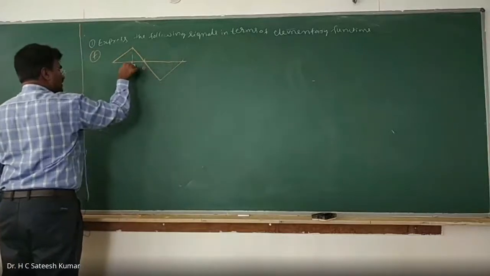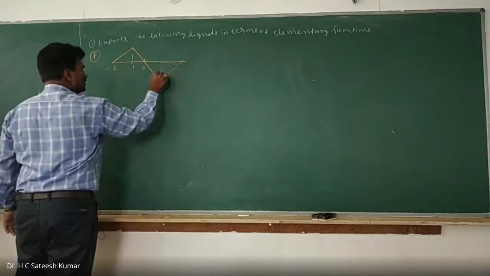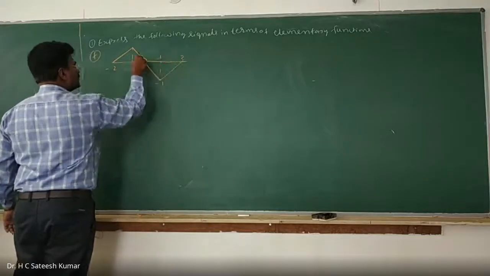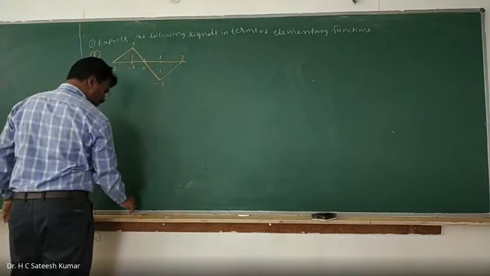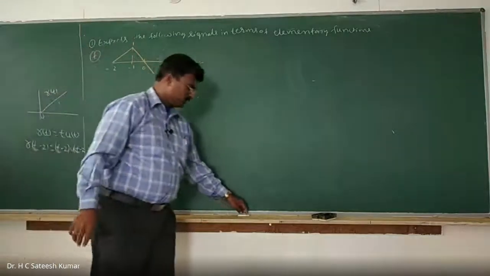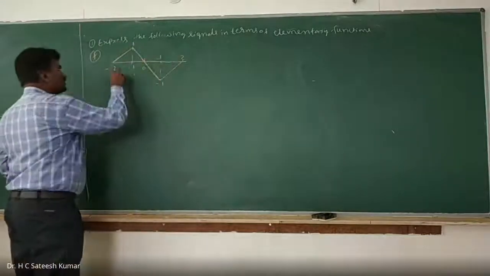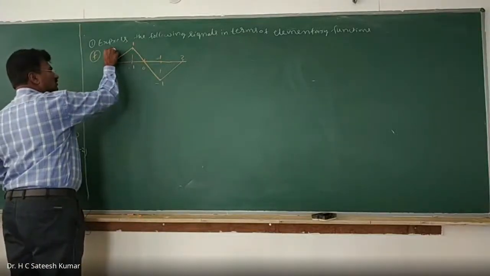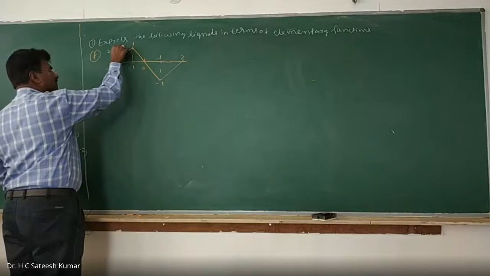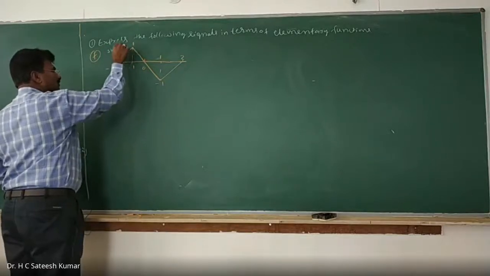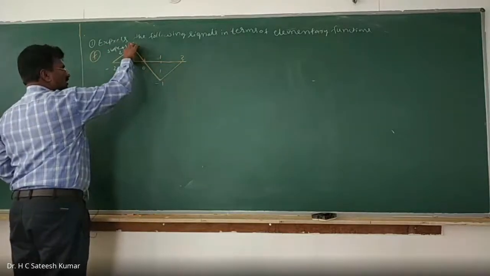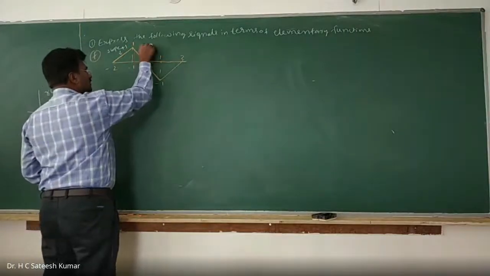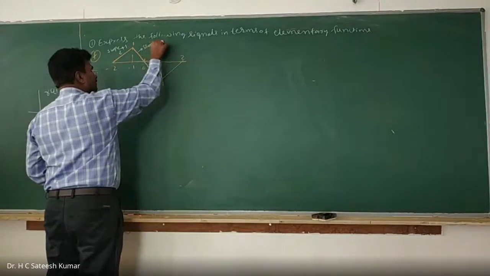0, minus 1, minus 2, 1, 2. Amplitude minus 1, plus 1. First you write down the slopes. So this is 1 divided by 1. Slope is 1, plus 1. So here again 1 divided by 1. Slope is once again 1, but decreasing, minus 1. So here slope minus 1.